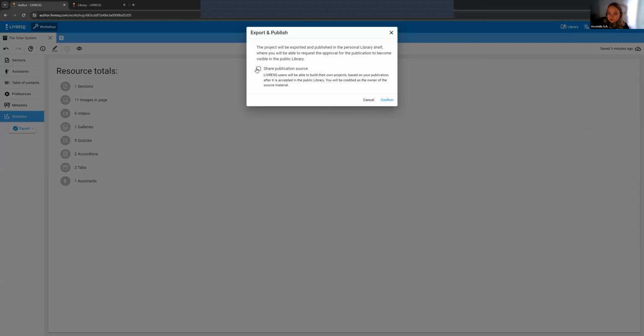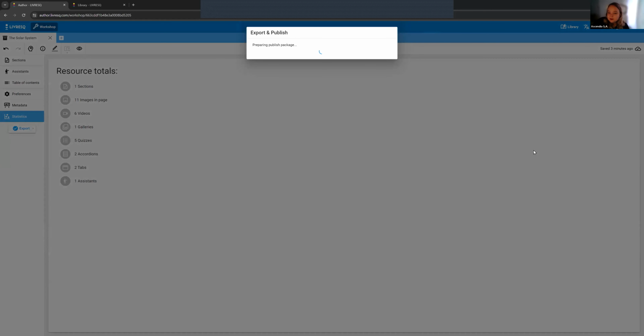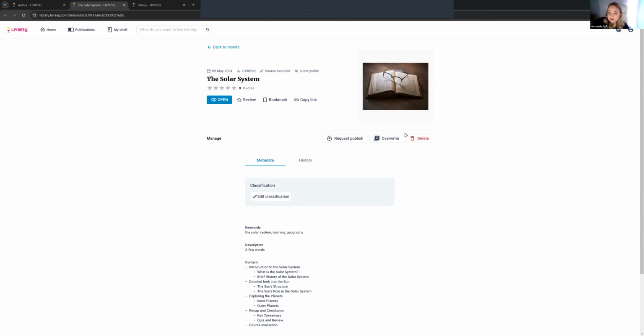I'm going to check this, and then I'll click confirm. And then basically we're just waiting for the platform to export, to publish our lesson. It doesn't take long. What it will do after it publishes is that it will give us the library link. If I click on this link, then I'm directed straight to the metadata